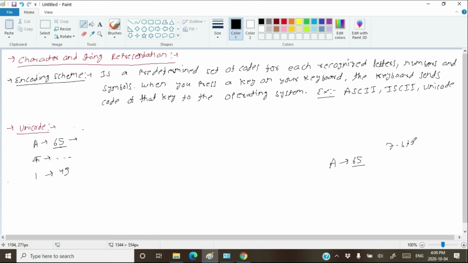So write a 7-bit binary of 65 to get how A will be stored in the memory. But here A has been assigned the number 65, but it has not defined how 65 will be stored in memory. Okay, and there are actually three famous ways to store the numbers in the memory. So we have various numbers assigned to various characters, but it has not decided how to store those numbers in the memory.